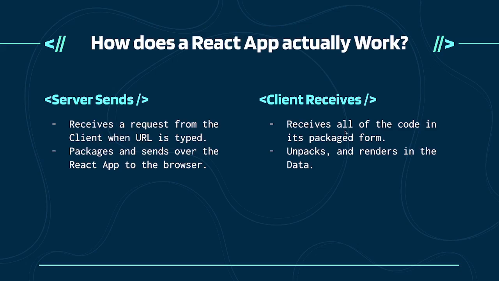And then the client receives it. But then there's an important step you need to consider. Once it gets all of that information, it then needs to render in all of the data. It needs to load everything, right? Especially think about if you're making, let's say, an API request. Let's say your code wants to know the current temperature in Idaho, and it says it right on the top of the thing. When the information is sent over to your client, once it gets there, it then needs to wait even longer to go to that API, get the weather for Idaho, bring it back, and then build your site. So again, there's a lot of places you can start to see where bottlenecks can happen, where things can go wrong, where things can be long and you have to wait forever, right?